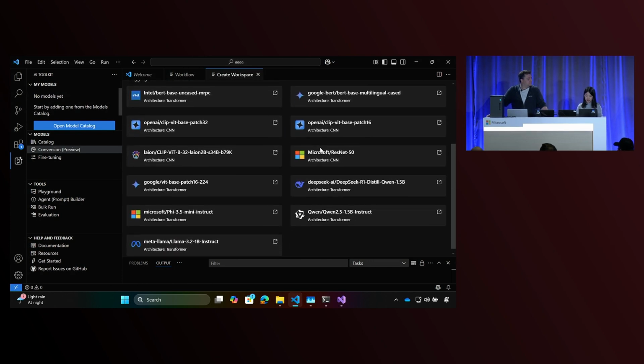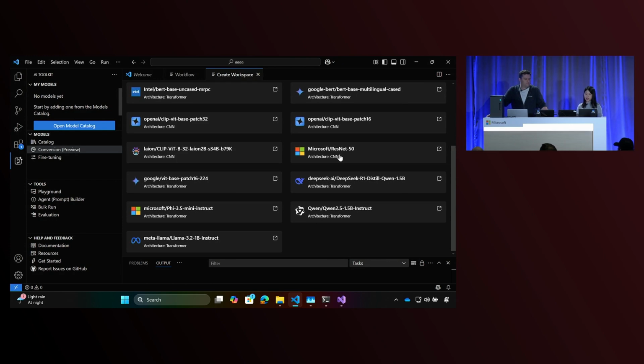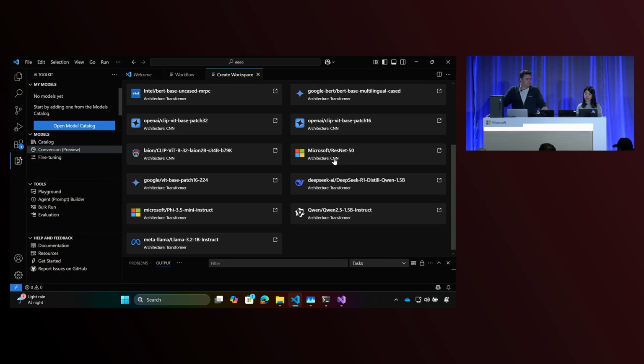And here you see a list of 11 popular models, including ResNet. For these models, we have worked with our IHVs to really optimize them and make them work really well on Windows ML. But if you just want a model that is not in this list yet, you can still convert it to ONNX using Olive or other tools you like. And they should work with WinML as long as they work with ONNX today. They might not be as optimized as these ones yet, but this is just a preview, and we're still working closely with our IHVs to bring more models here.